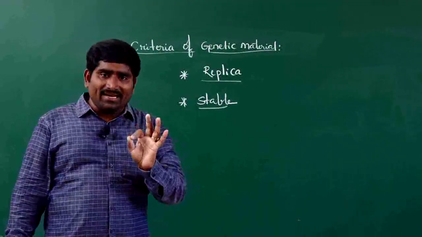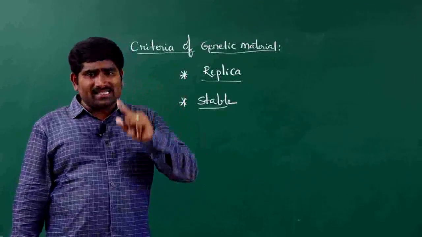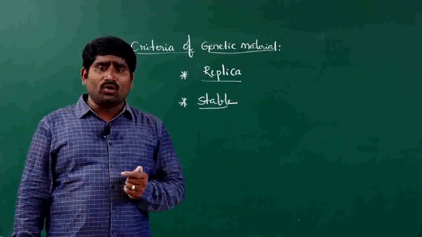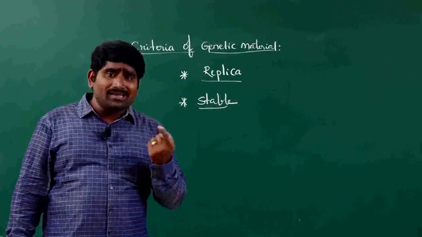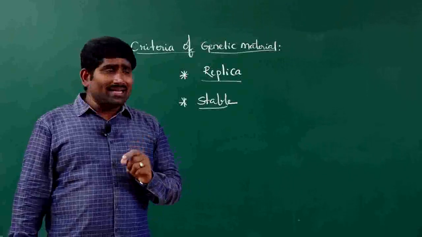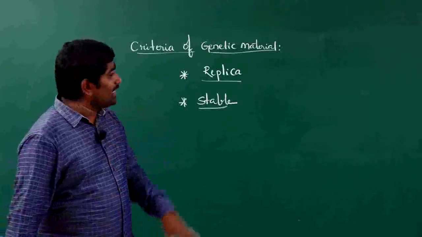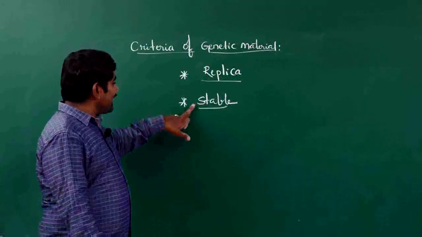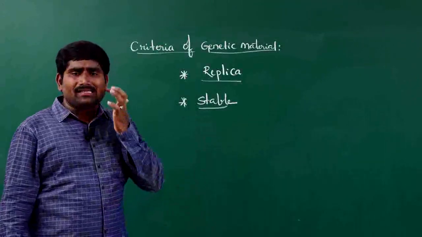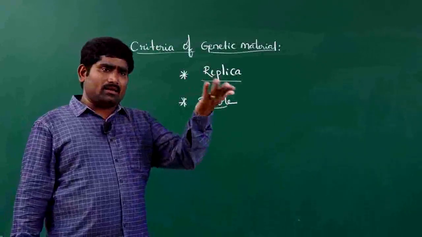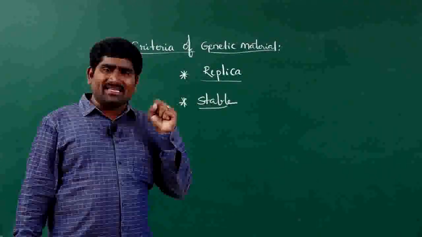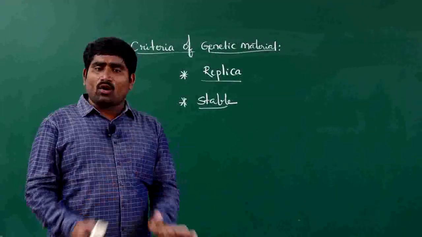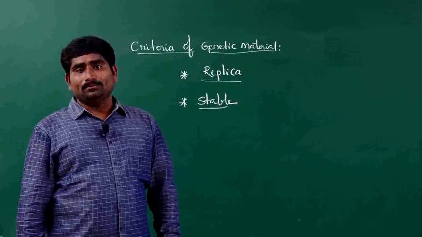In the case of DNA and RNA, both cases, one DNA molecule can produce another DNA molecule, and one RNA molecule can produce another RNA molecule. So in these two cases, we can say that replication is possible, but in the case of proteins, replication is not possible. In the second criterion, stability, proteins are also less stable, because in the Griffith experiment, when heat treatment was given to the bacteria, the DNA molecule was not spoiled, but all the remaining components of the cell were spoiled.